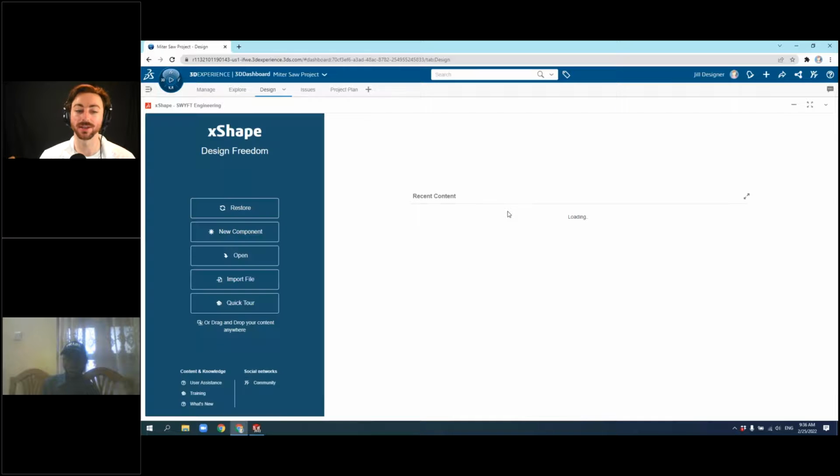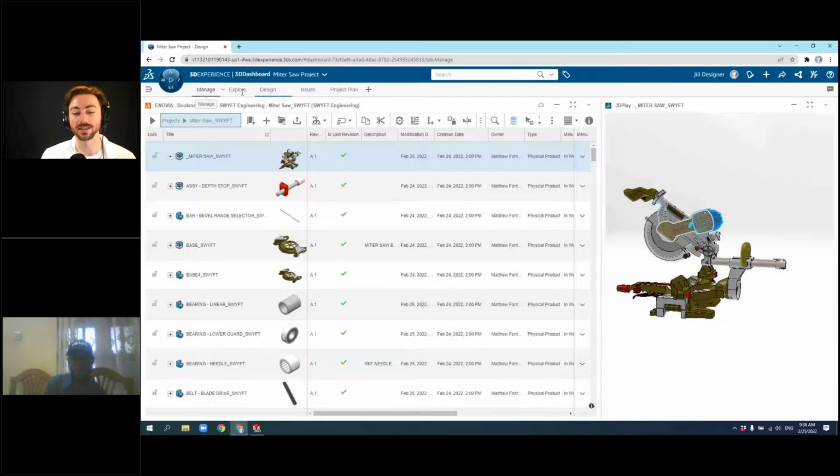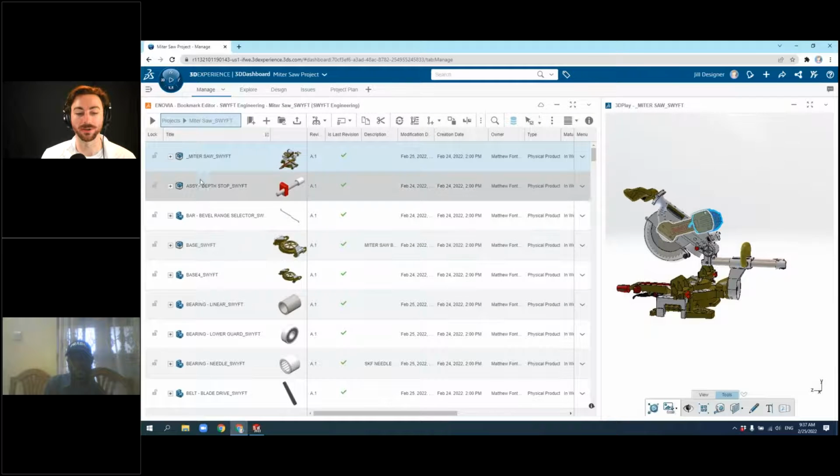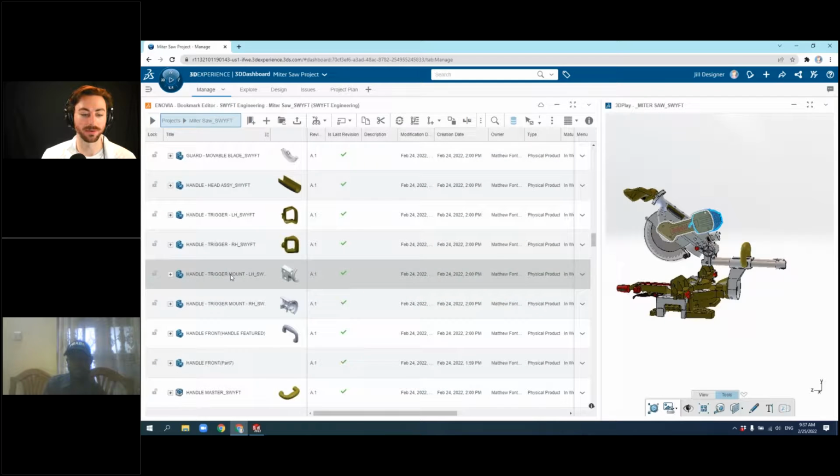This is actually included with one of the 3DEXPERIENCE, or two of them, the 3DEXPERIENCE SOLIDWORKS offer, SOLIDWORKS Connected. You can get this with the professional and premium offer included with it. However, it is available on its own as well. So I'll just go ahead and find a part here.